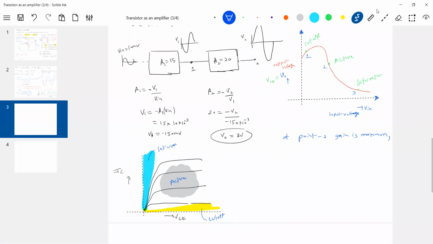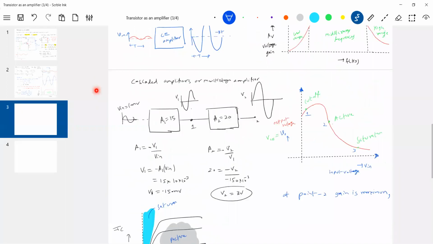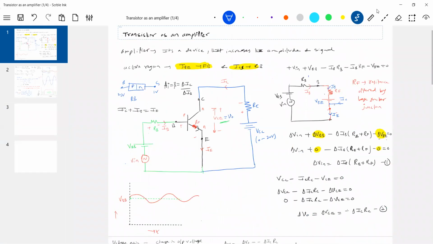Why did we prefer the active region? Because in the other regions the gain is small. That's why I picked the active region. Now, what is the basic condition? In the active region only, the gain is maximum. Agree with this? I had to justify, no. The active region is something very important. In the active region only, the gain is maximum. So to have that active region, what should I do for the transistor? The collector base junction should be reverse biased and the base emitter junction should be forward biased. That's one thing. Okay, fine.